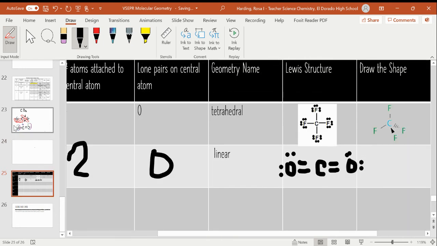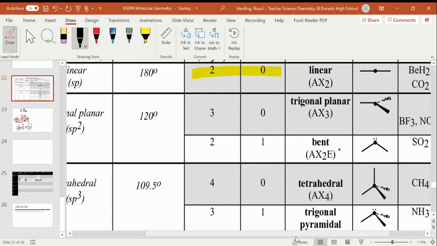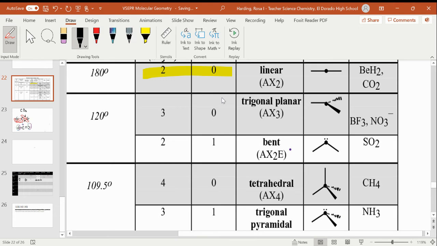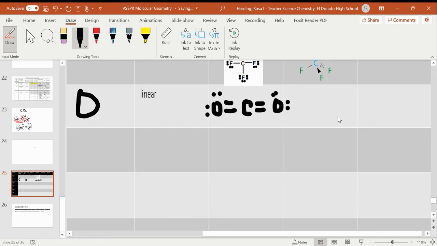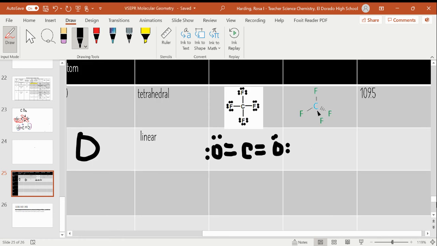Is to draw the shape. Okay, so to draw the shape, we're going to take a look at, well, what does the shape look like? For the shape here, linear is just a line. So that makes it pretty easy. We know that it's actually going to be the same thing, but we don't need to put the lone pairs. So it would just be,